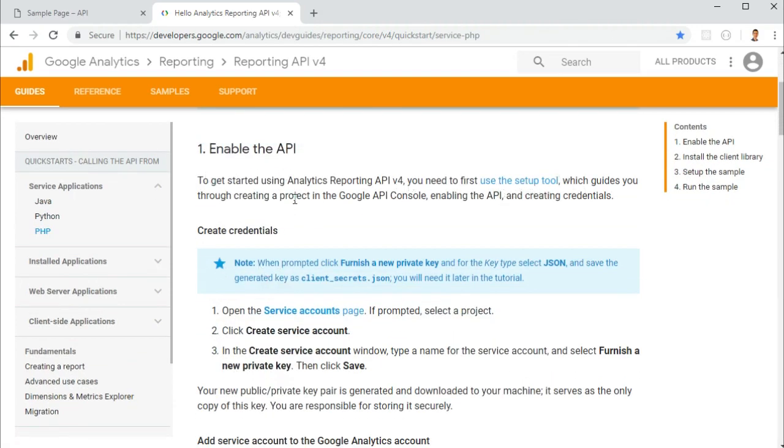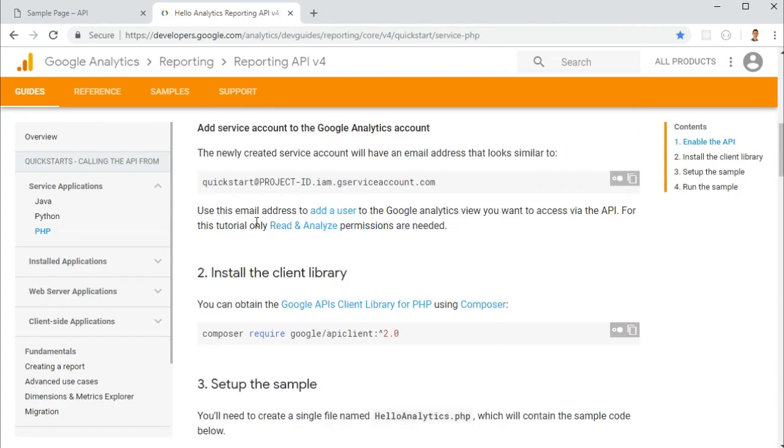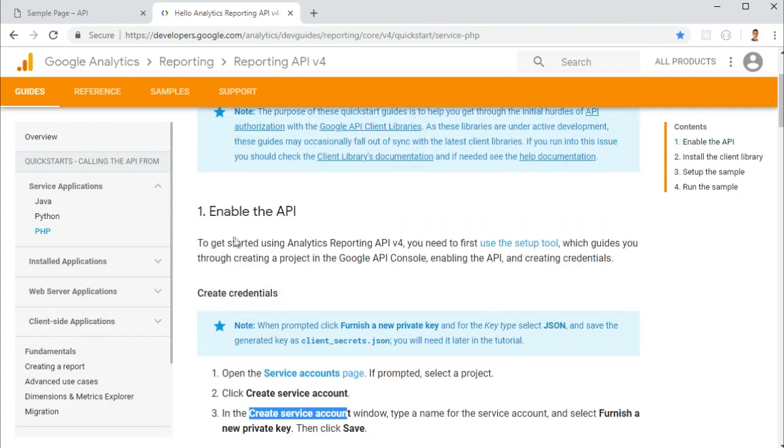We should create a service account here, and then enable the API version 4, and then after that get the key, save the key on our computer, and then after that we will be giving access to our service account from our Google Analytics account. So let's go ahead and enable the API. It tells us here,